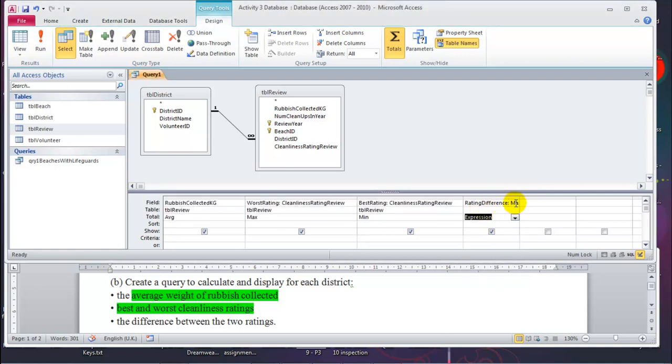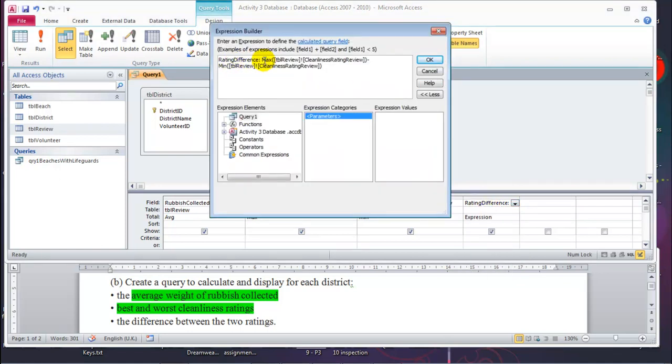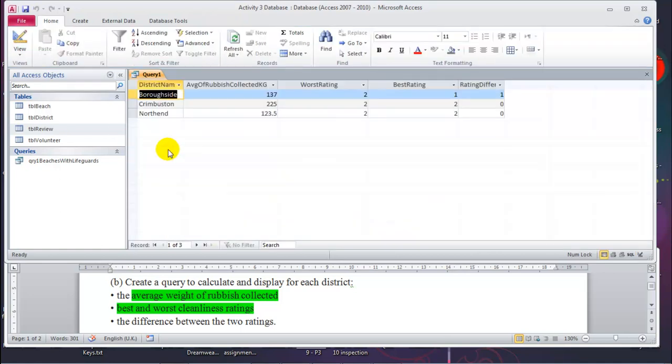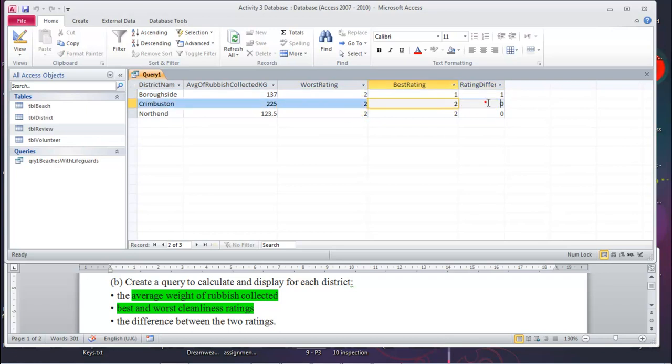Remember, we deleted the word expression from this area when we went to the builder. Now we're replacing it here. That's another way to remember it. So now it runs, and you can see that 2 minus 1 is 1, 2 minus 2 is 0,